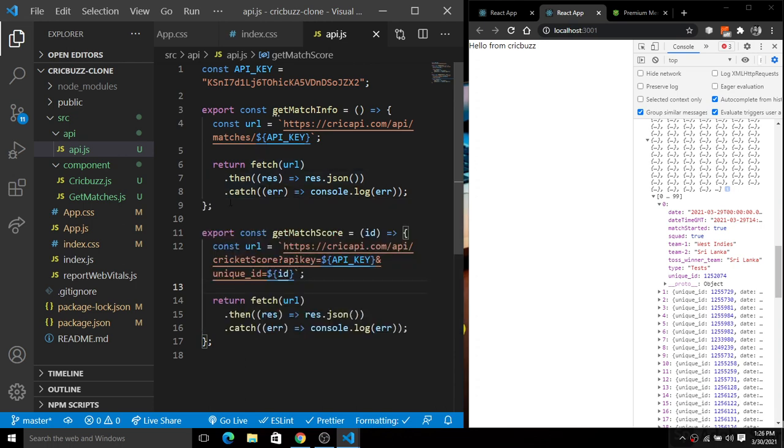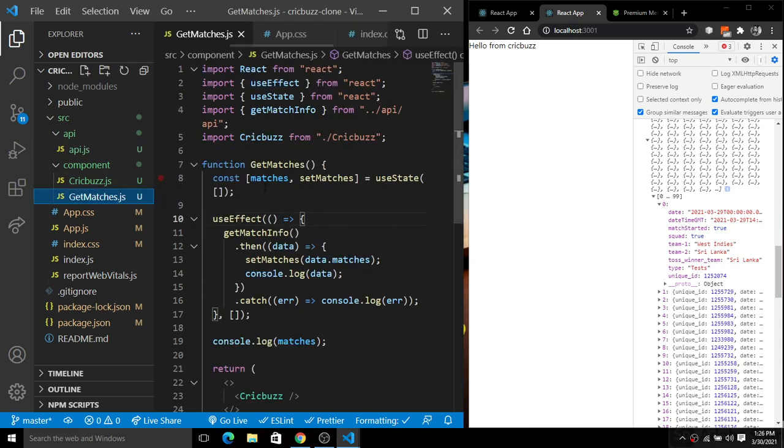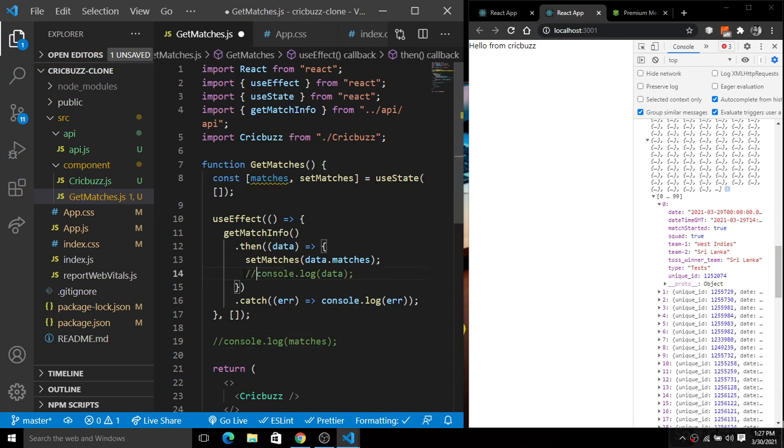So I'm going to go back to your get message.js and simply comment the console here. I'm going to comment both of the consoles here, right? Next, we will render these things. First of all, you guys have to upload all these matches on the screen. For that, you have to build a UI there. For this, we have a quick buzz there.